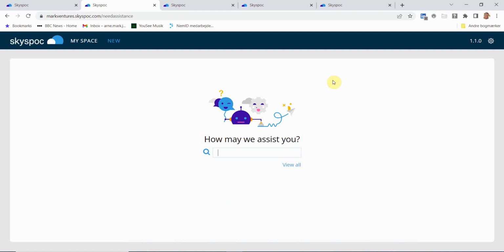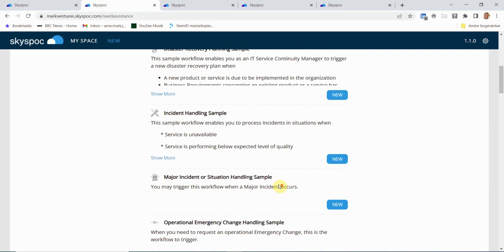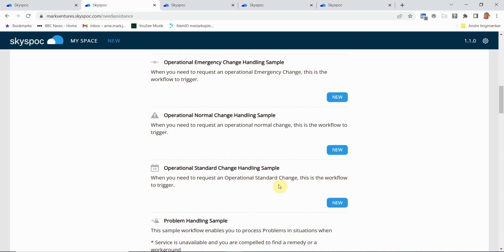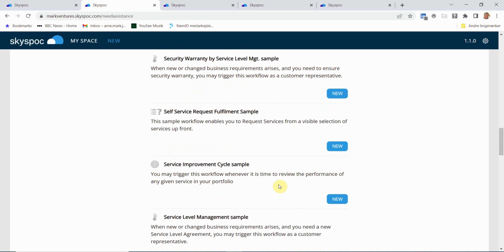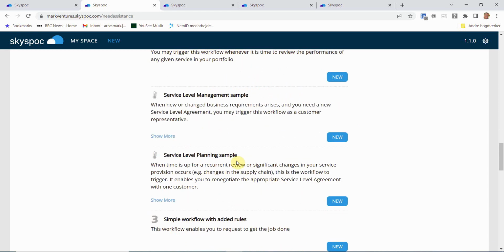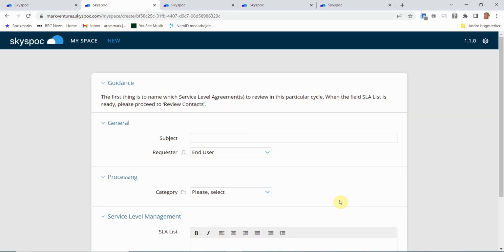Being the client or the requester, you will take your portfolio and scroll down to choose the right one, which is service level planning sample. We will plan for a new service level, perhaps, or at least review whether this is feasible or appropriate. So let's say that we will